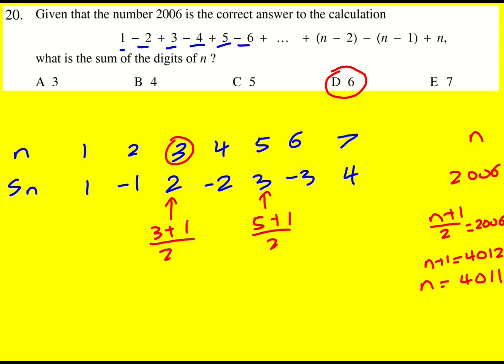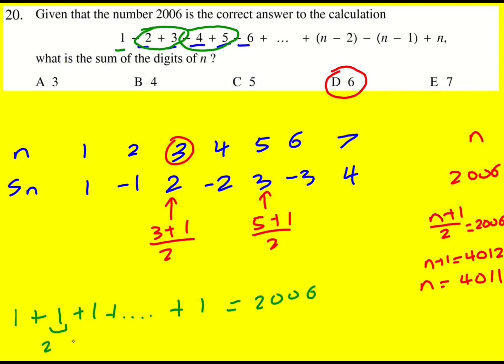An alternative approach to this question is to add the 1 to start with and then pair them up. So minus 2 plus 3 is actually another one. Minus 4 plus 5 is another one. So I'm just adding up pairs until I get to 2006. Now for each one, I need two numbers. Two numbers here, two numbers here, and so on. So that means to get to 2006, I'm going to have 2005